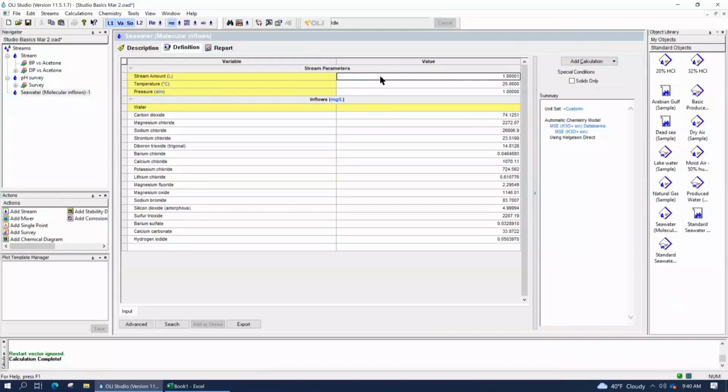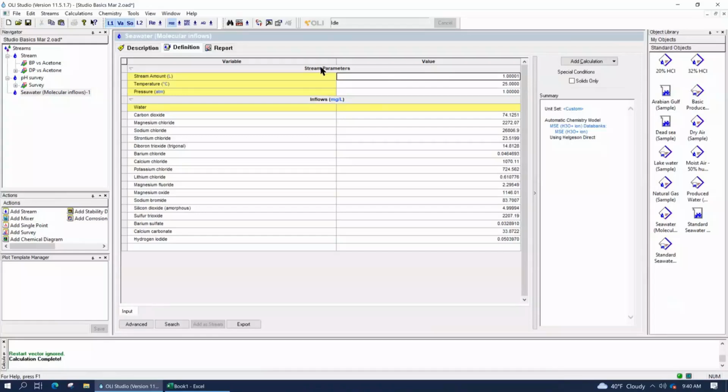But the way I want to do this is I want to eliminate complications that can occur so that we can just focus on the actual mechanics of evaporating. What I mean by that is OLI evaporates things differently if the units are volume or mass.